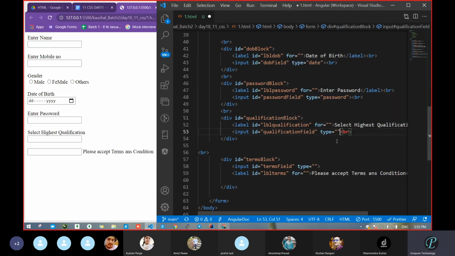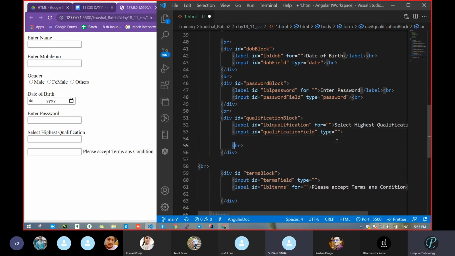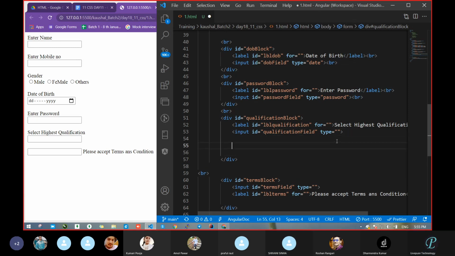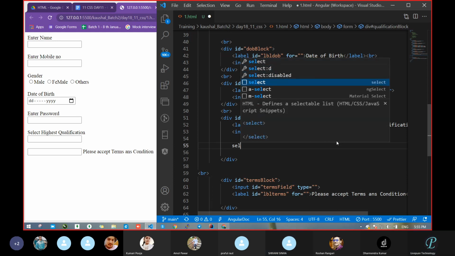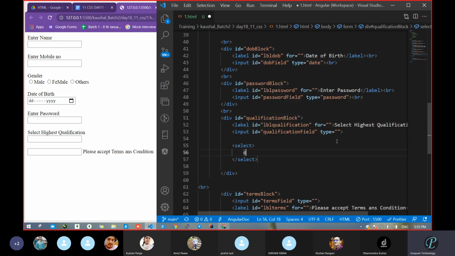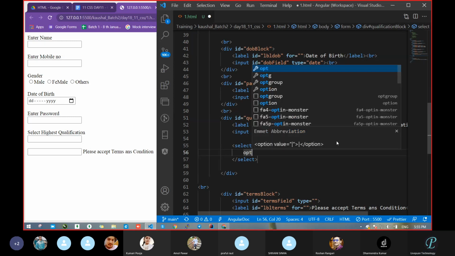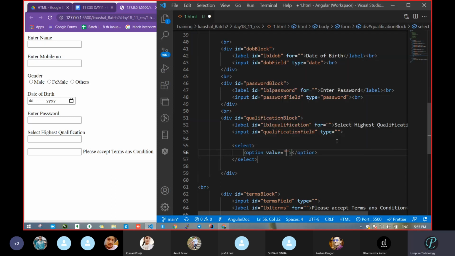Can anyone say? Sir, we have to take a select tag. Yes, and inside it we have to take option. So we take a select, and inside it options will come. Select tag and then we will take option. And value is there. So what is your qualification? Suppose 10th. Fine. Take that option again.